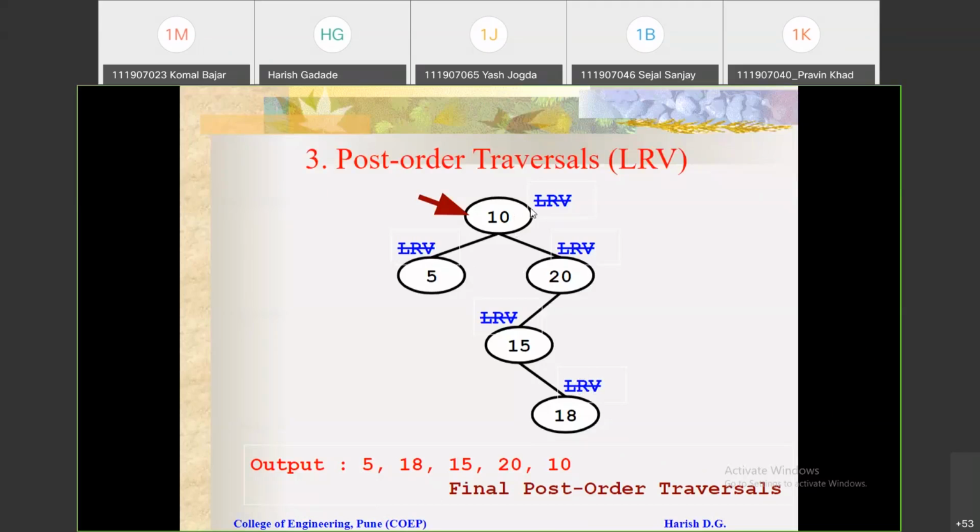And see, suppose you want to search for an element in this. Suppose you want to search for the element 15. Compare that 15 with this 10. 15 is greater, so move toward the right. Again, compare 15 with this 20. 15 is smaller than 20, so move towards the left. Again, compare 15 with 15. It is matching, so we can display the result. This is for the binary search.